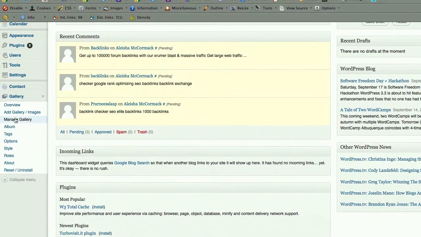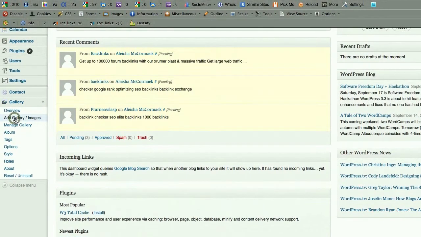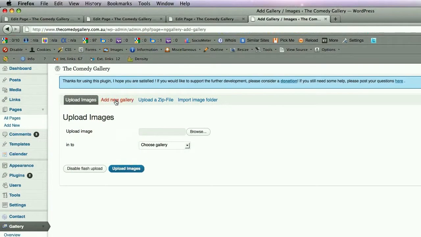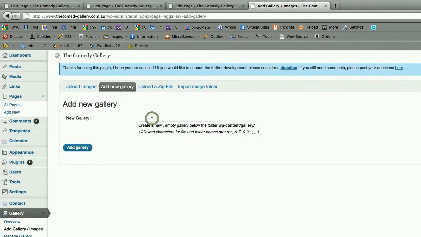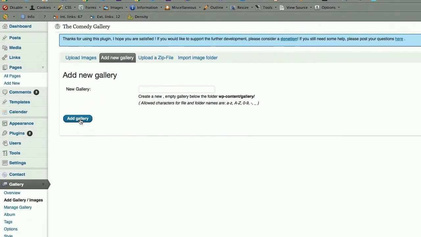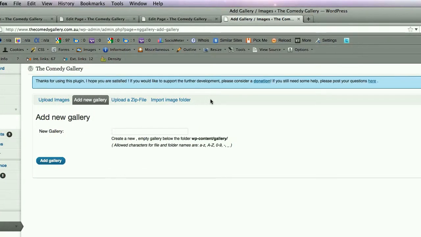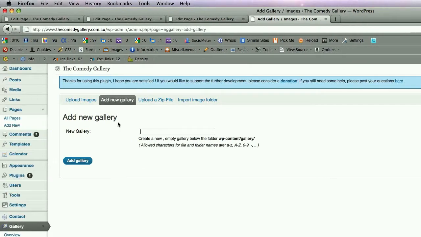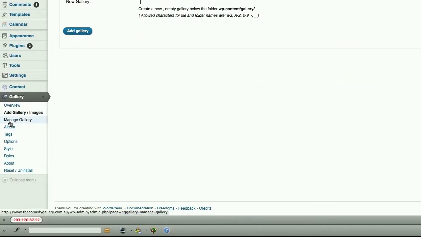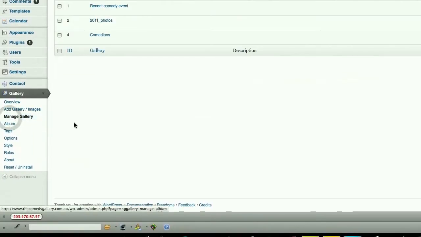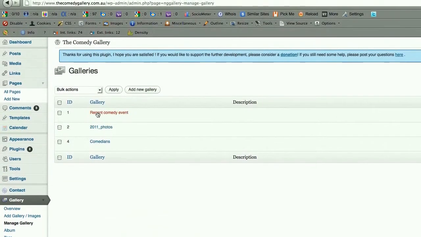And of course, go back to the dashboard, go back to add gallery images. You can create a new gallery, and the second that you add the gallery, you'll be given its code. And I showed you earlier how to do that. If for whatever reason you forgot to highlight that code that I showed you earlier, all you need to do is go to your Manage Gallery